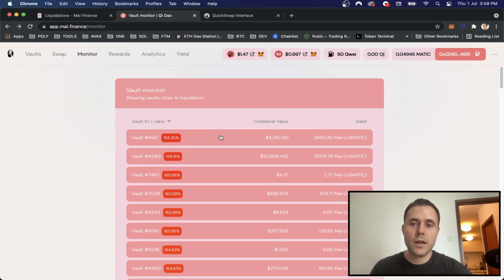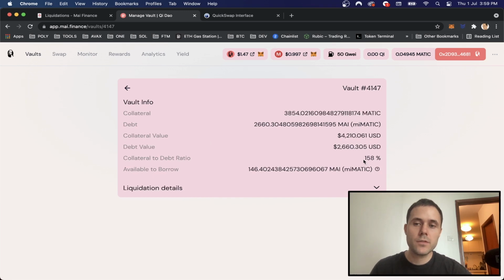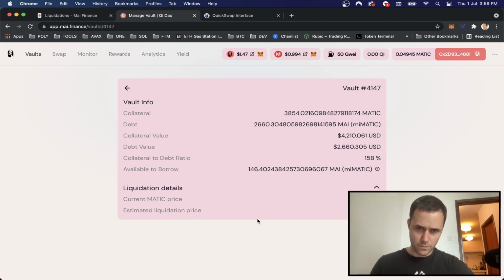What you're going to need is the Matic or the Mai to liquidate the vault. So first of all, you're going to need that, and then what you can do is click on this vault. Now once this vault appears below 150%, then I believe, I've not done it before, but I'm going to try to do it. Maybe I'll liquidate my own vault as an example if I'm quick enough. A button should appear here giving you the option to liquidate the vault. If you have enough Matic or Mai, then you can do that, and then you can gain that 10% penalty fee.